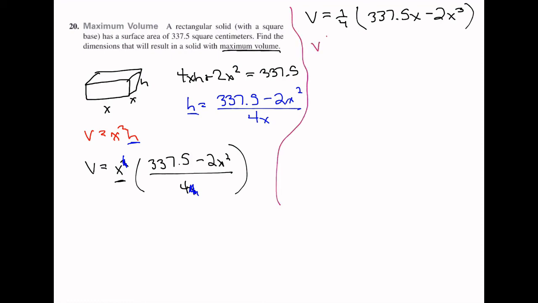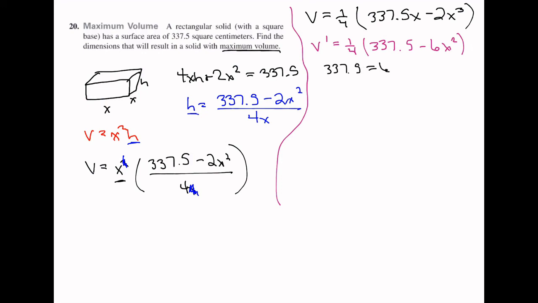Alright, so let's now take our derivative. Alright, so then we have v prime is, we just have a coefficient now just sort of hanging out, and then this derivative is nice and easy to take. Alright, so what do we do with the derivative? We use it to find critical numbers. If we set 1/4 equal to 0, that doesn't really give us anything. If we set this part equal to 0, we get